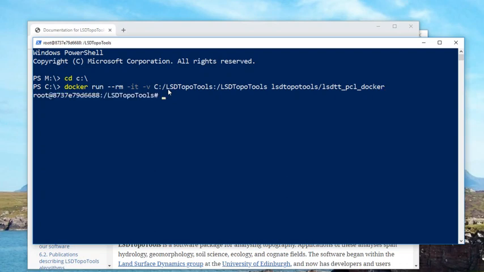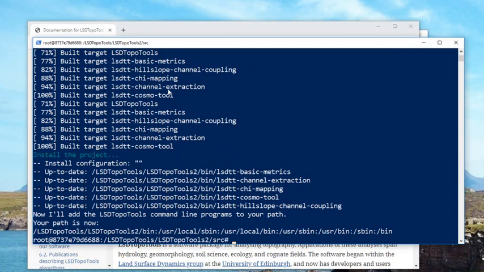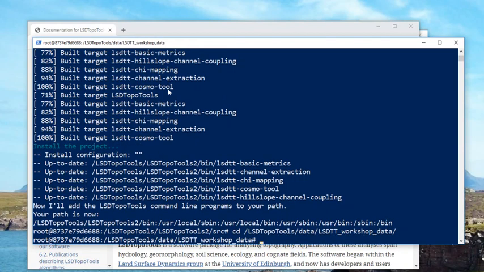So I'm just going to start the container. And again, whenever you start the container, you need to run the little starting script. It'll grab the latest version of the code and compile it. If there's been no changes to the code, this will happen really quickly. And then you need to go to your data. So I'm just going to auto-complete all this stuff, and I'll go into the place where in the last video